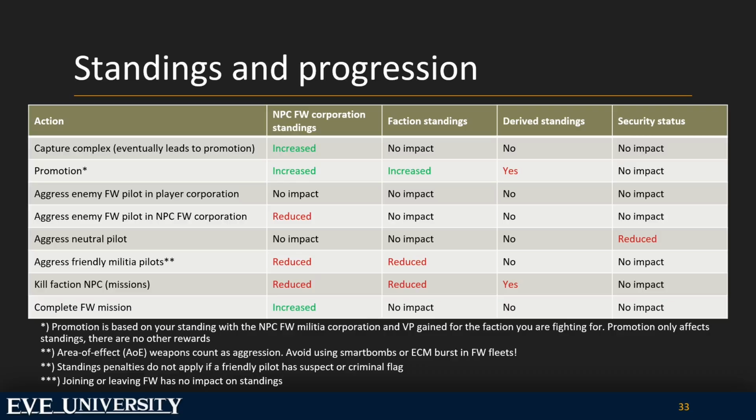Next type of aggression is aggression against neutral pilots. It only affects your security status. This used to be a big problem in faction warfare, because you would have to fight neutrals all the time, and your security status actually tanked quite fast. But at some point,